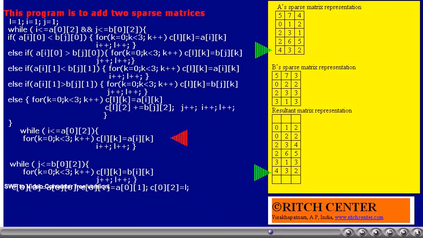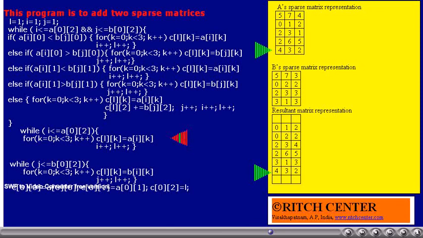Similarly, if there are any more elements in matrix A, they all will be copied into the resultant matrix. It may also happen that the first while loop condition becomes false because the elements of A are exhausted, while there are still some more elements in B. Then they are simply copied into the resultant matrix. That is achieved with the help of the last while loop.